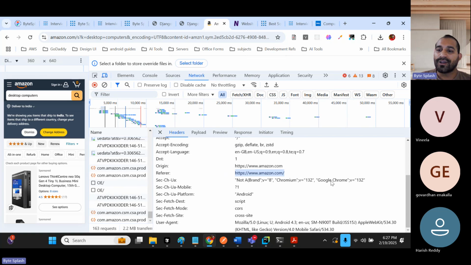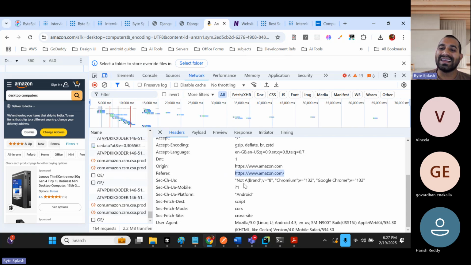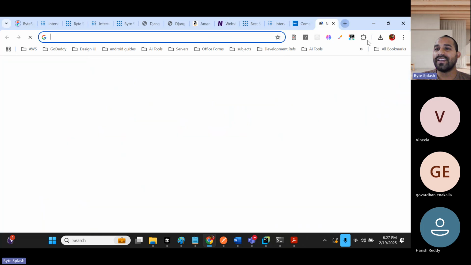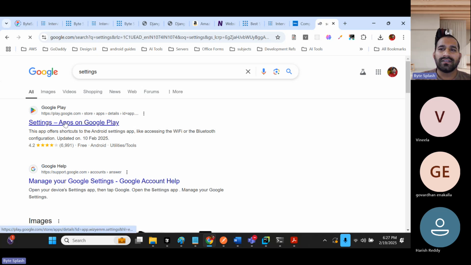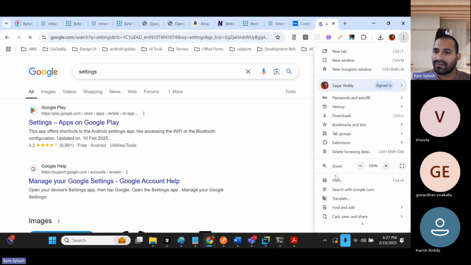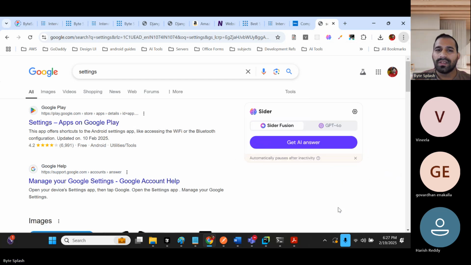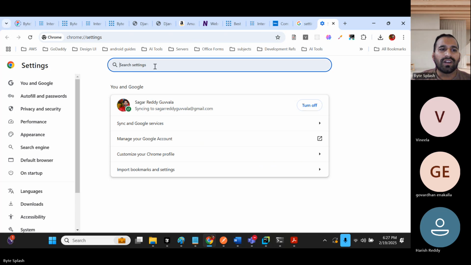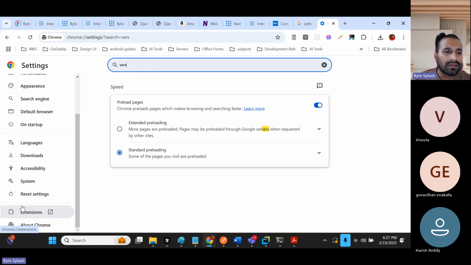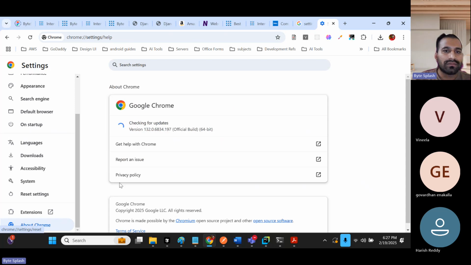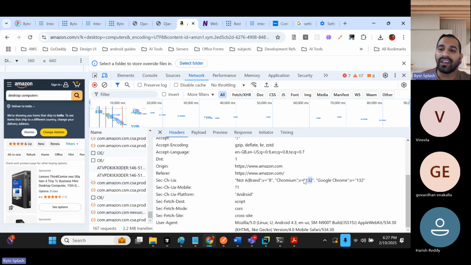Its brand is basically related to Chrome. You are using Chromium 132 version. You can go to settings always. Okay, go to settings, one second. I think here we have settings. So version, I think, about Chrome. See, it's 132 version. It might be taking that snapshot. Okay, so that,